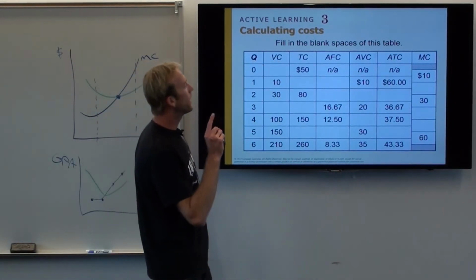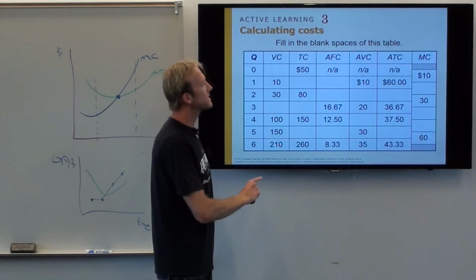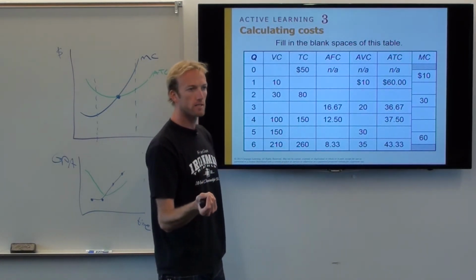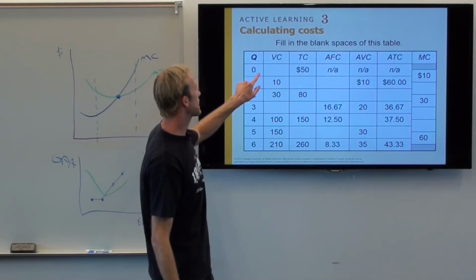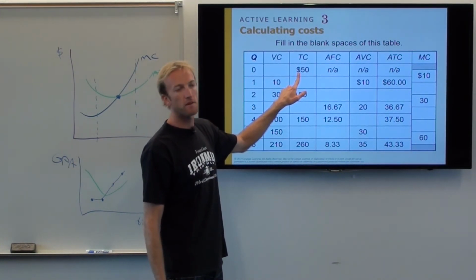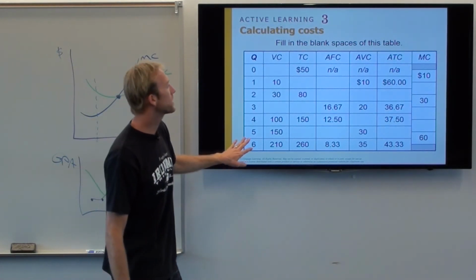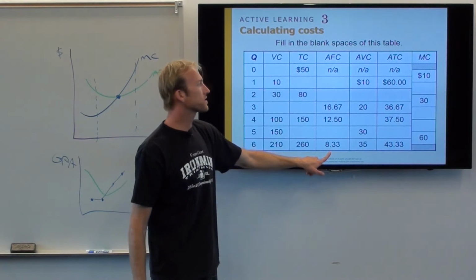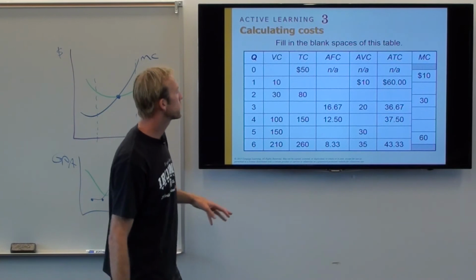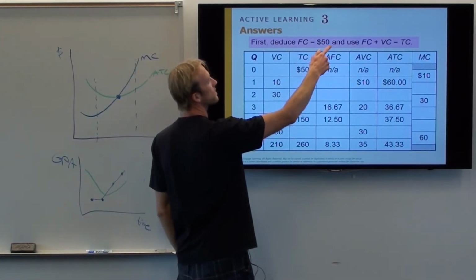All right, so as I was mentioning, the first hint to look at is, even though I don't have a column for fixed cost, you need to realize that there is a fixed cost, because when I'm making nothing, I still have to pay, and so that must be my fixed cost, $50. So at every quantity, there's a $50 fixed cost. I can go ahead and fill out my average fixed cost column now just by going $50 divided by the quantity. Okay, so right there, fixed cost equals 50.